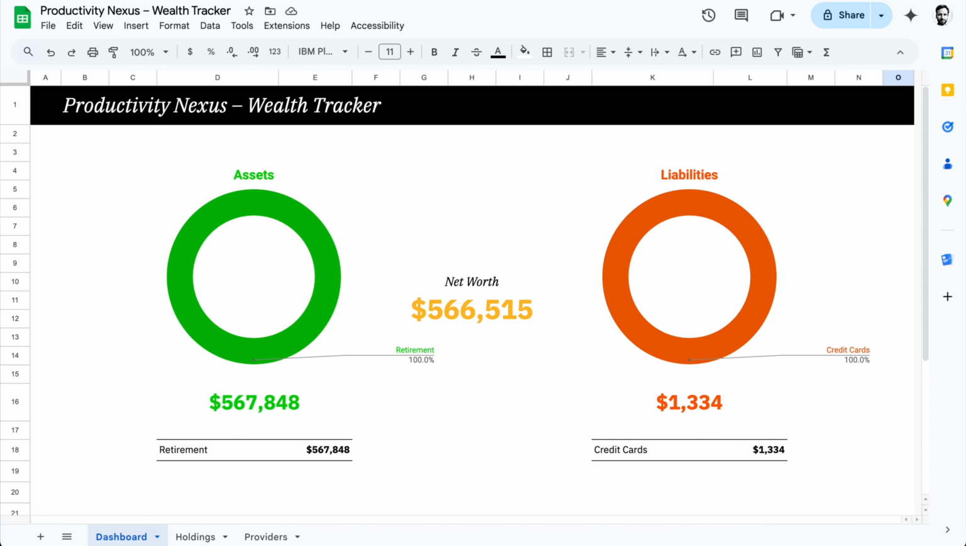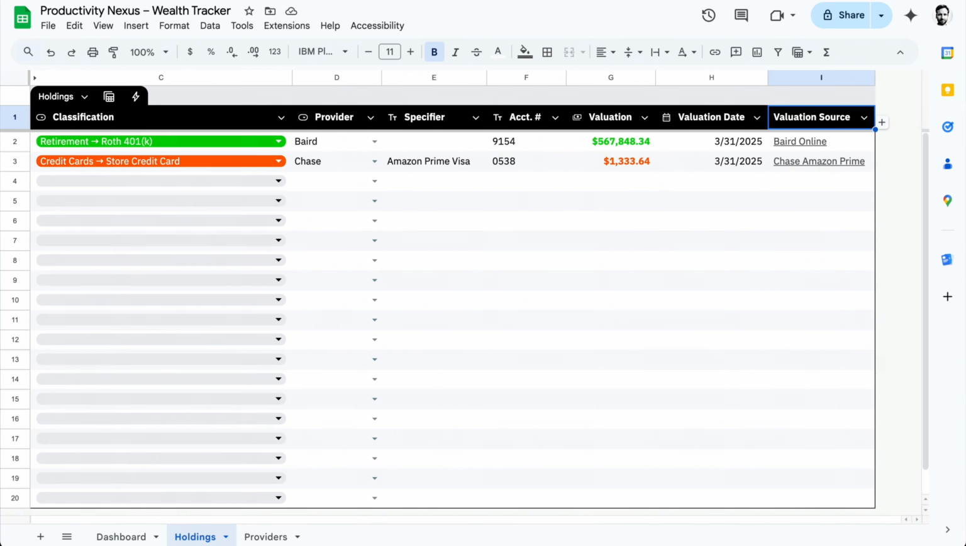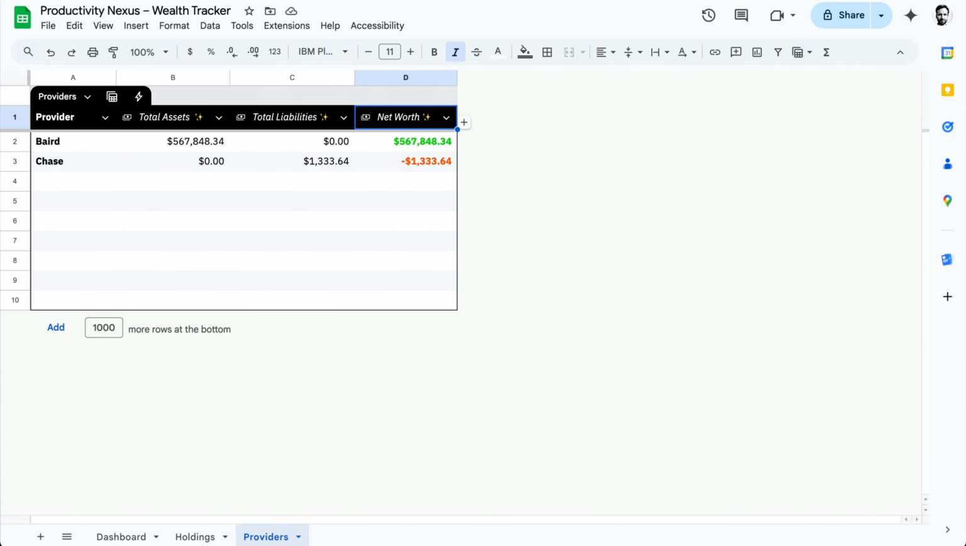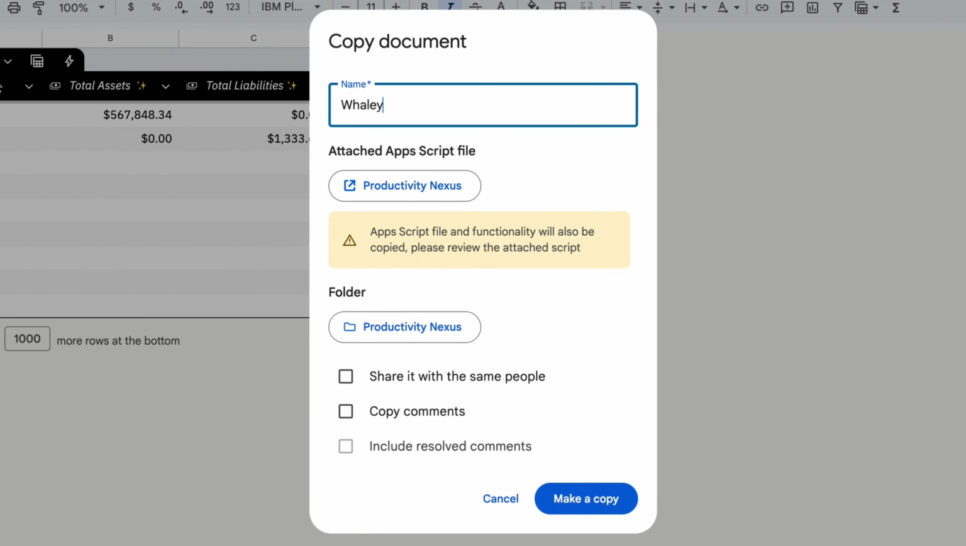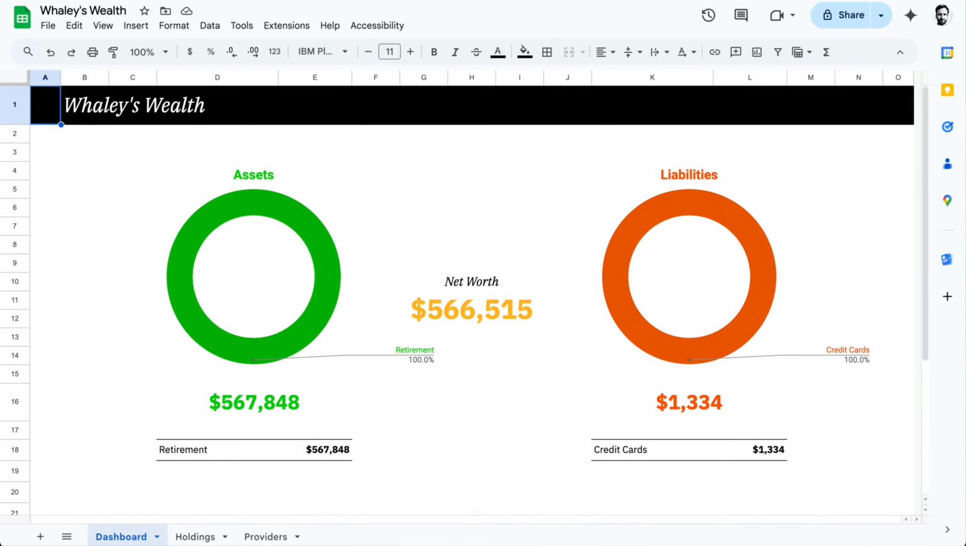So let's see how to make this system yours with your own information. When you access the template, it'll have two sample holdings and two sample providers. The first step will be to duplicate the spreadsheet to your own Google account. Go up to File and choose Make a Copy. Name it whatever you want, and then you can choose a folder within your Google Drive or just leave it at the top level. Then click Make a Copy, and that'll open it so you can close the one that